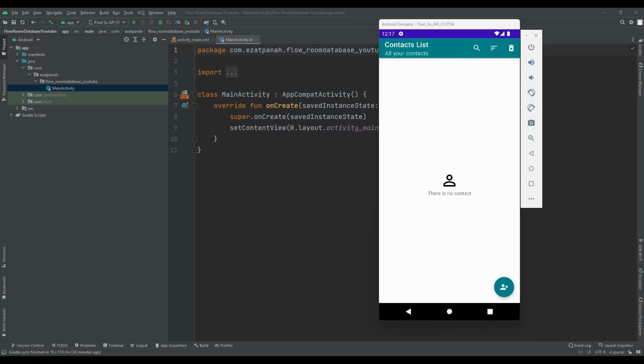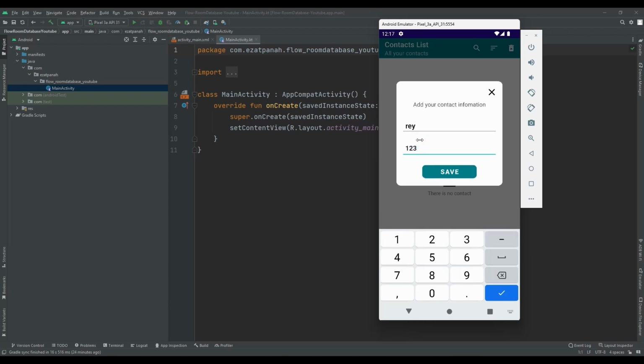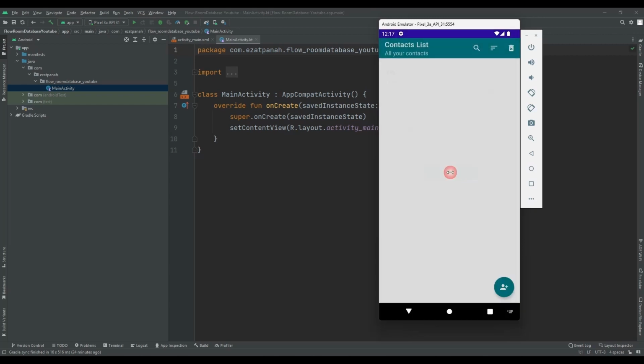Hey, I'm Rehane, and in this video I will show you how we can use Flow beside RoomDatabase in a real project. As a result of our code, we should have an application like this. We can add a contact, for example, Ray with this phone number, and we can save it,